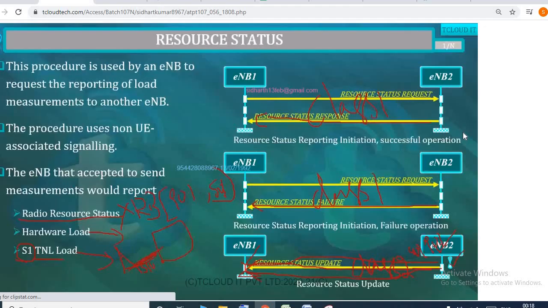So in total, one Node B is requesting the other Node B to report three different things. If you take a Node B, with hardware plus software present inside a box, one Node B comes and talks to the other Node B and says, hey, please tell me about your left hand side situation, that is the radio resource part,